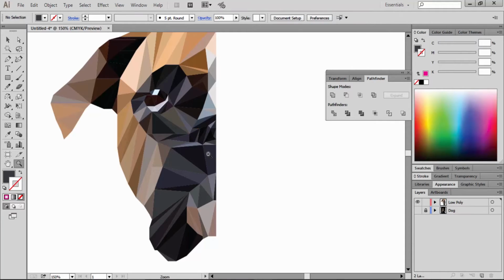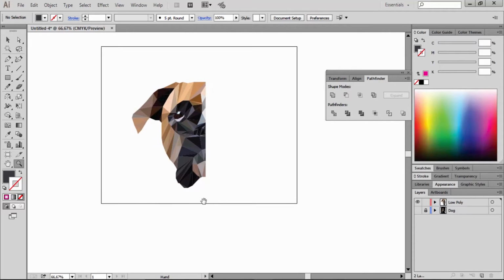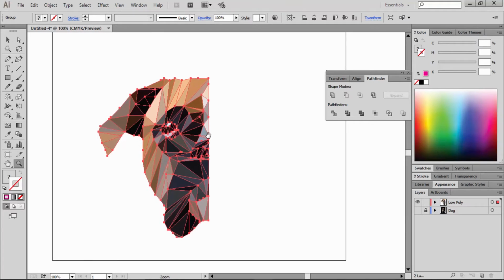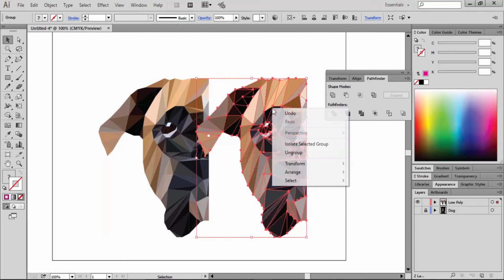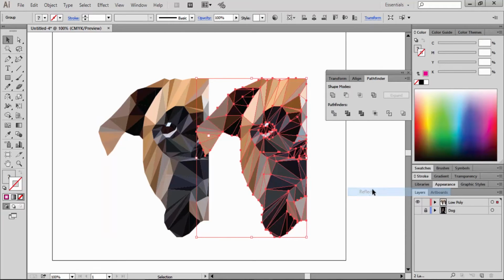So when you're happy with the result, you just select all the half and let's group it. Let's duplicate it and reflect it. So now we have the other half.